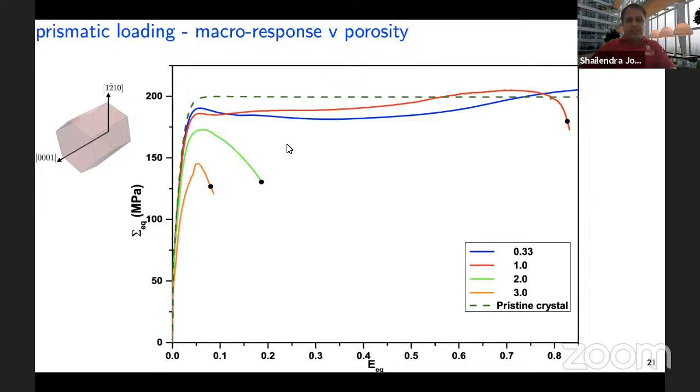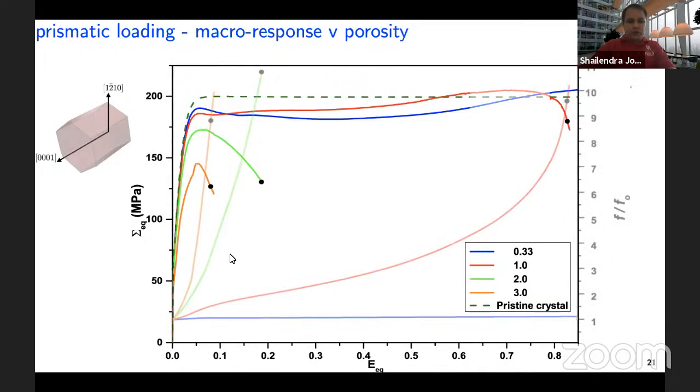What we see is at high levels of triaxiality of 2 and 3, we see what we expect. We see a stress that is limited by the rate at which the void is growing. The superposed plot is showing porosity growth, the normalized rate of growth of the void. And you can see that under uniaxial loading condition, the void practically doesn't grow. It is growing at a very slow rate, remains practically flat.